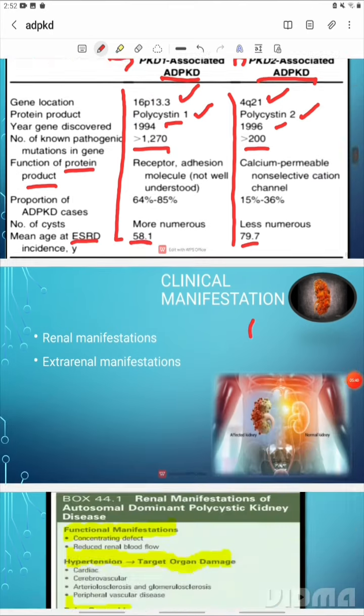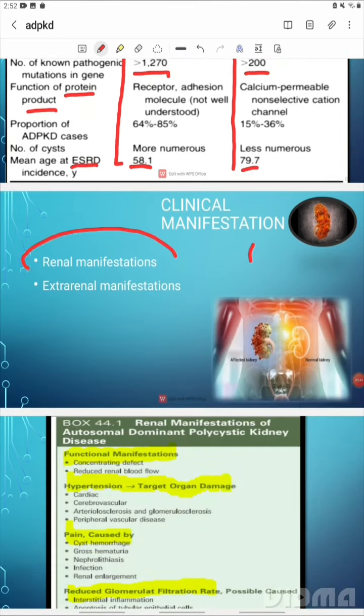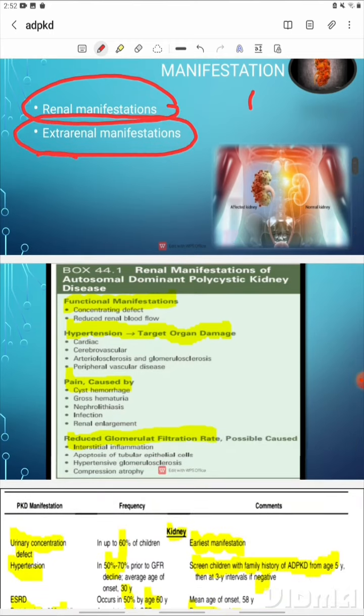Okay, so let's come to the clinical manifestations. Clinically, we have renal manifestations and then extrarenal manifestations. Among renal manifestations, this table is taken from a comprehensive book of nephrology, which shows that broadly the renal manifestations can be classified into 4 categories. Functional defect: patients mostly present with hypertension. Pain is a common presentation in nephrology OPDs, and there can be reduced GFR and then possible end-stage renal